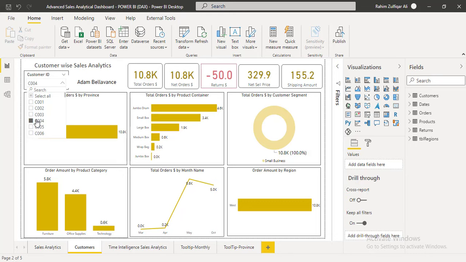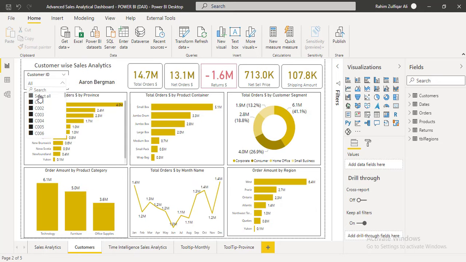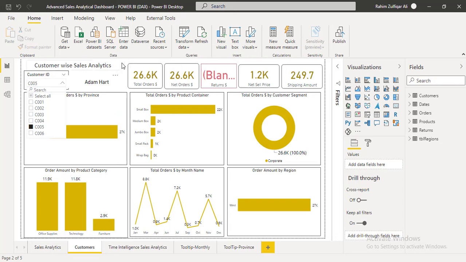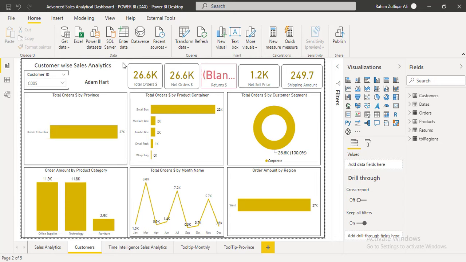In which particular months, how many orders he has given us, right? This page is specific to customer IDs, where we can filter a specific customer and go ahead with the analysis, and after the analysis we can offer them some discounts or try upselling or cross-selling.